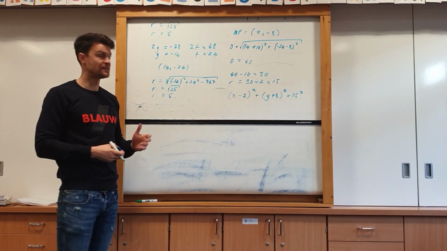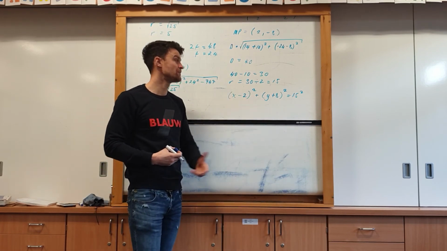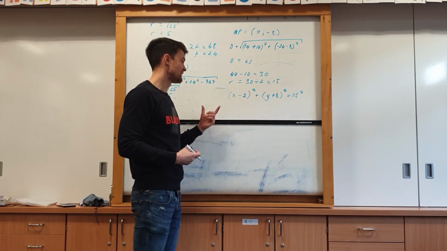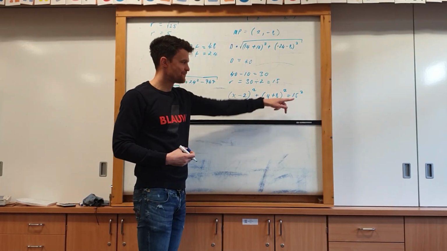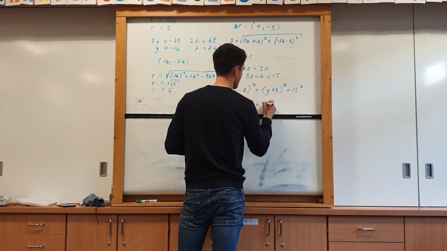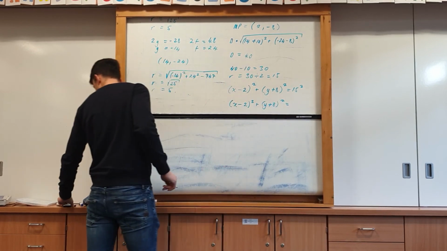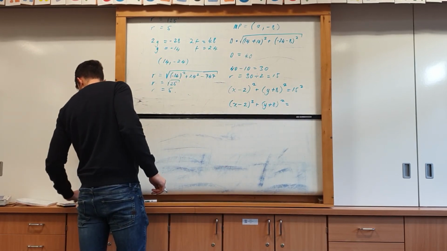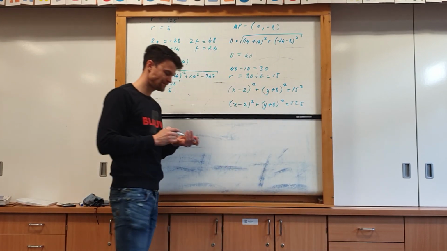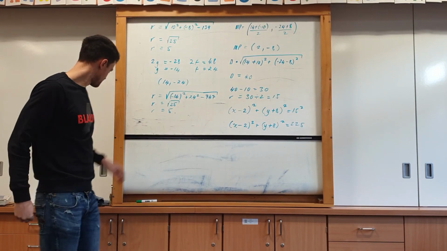What happens a lot in assessments is that pupils think, right, I've got my answer, brilliant, move on to the next question. Your final answer has to be in its simplest form. Now, you don't have to square out these brackets, but you do have to square the 15, so just be careful with that. Yeah, 225. Okay, and that's another wee example from the circle